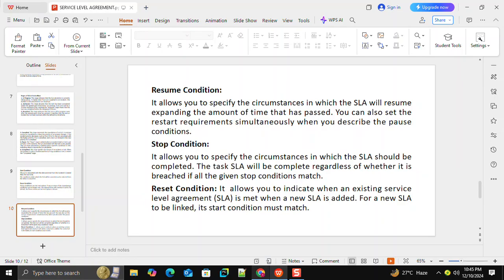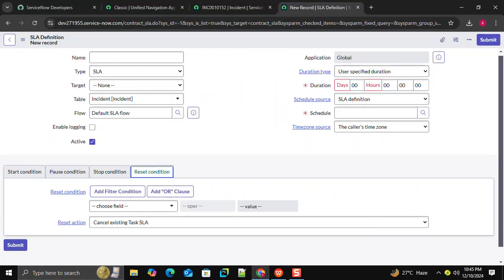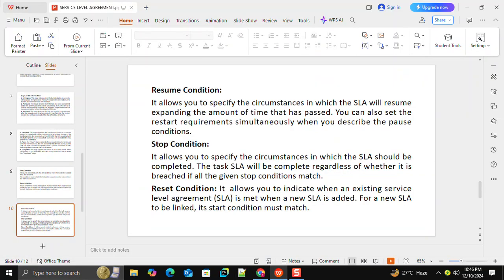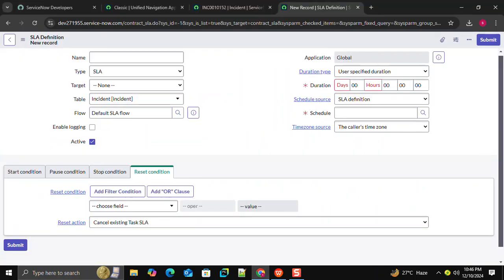And the last one is reset condition. This one, we have reset condition. This reset condition allows you to indicate when an existing service level agreement is met, when a new SLA is added. For an SLA to be linked, its start condition must match. So this is resetting a condition again. So these are the things